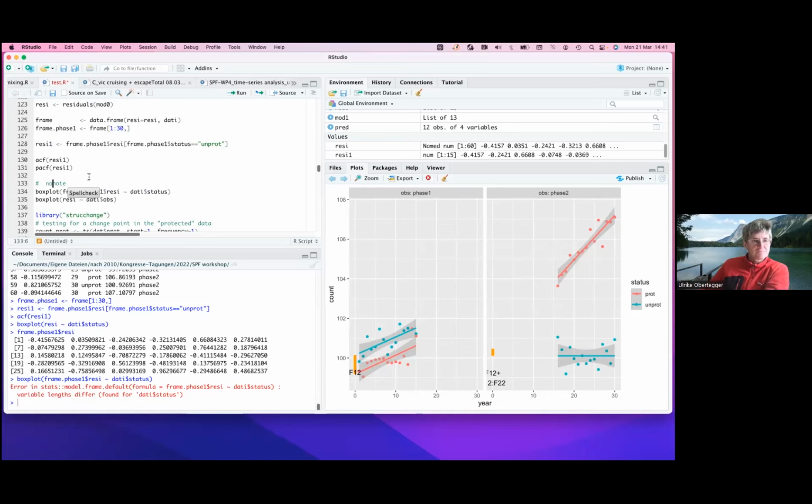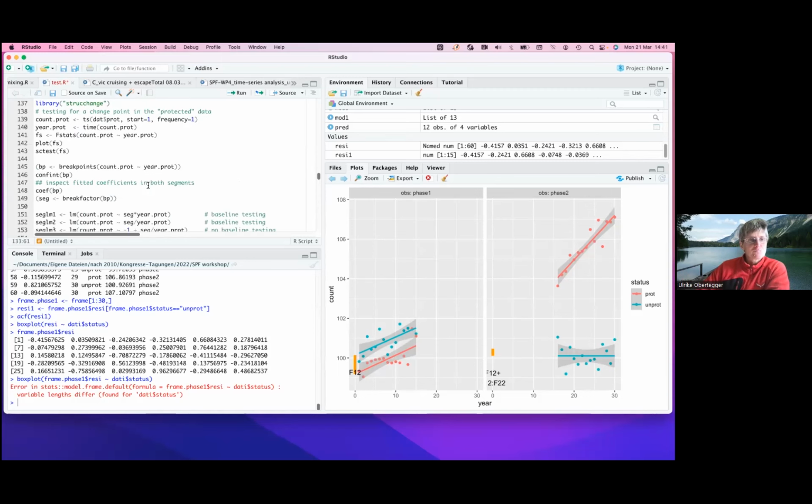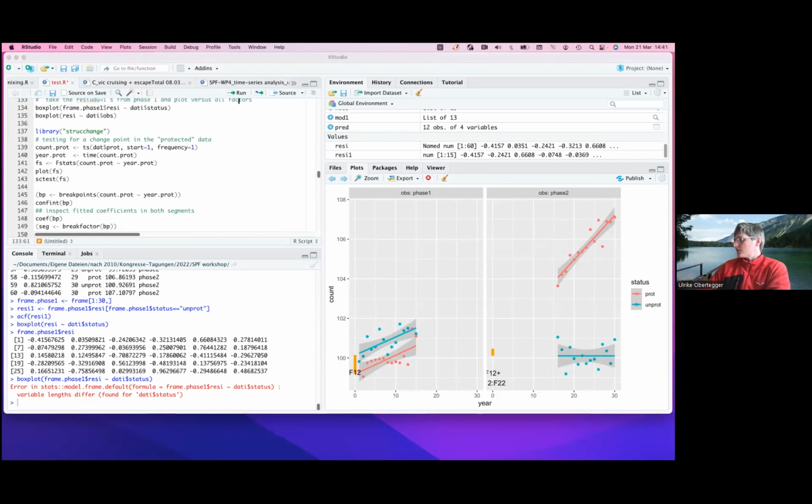Okay, so let's write here. Take the residuals from phase 1 and plot versus all factors. And there you don't want to see any sign of heterogeneity. Okay. Now that we did this,